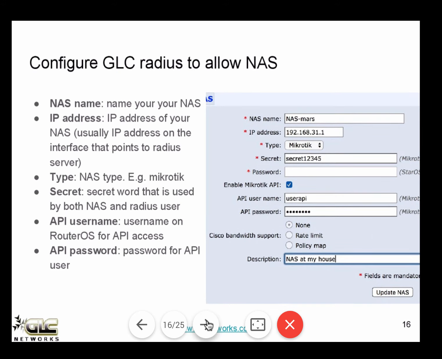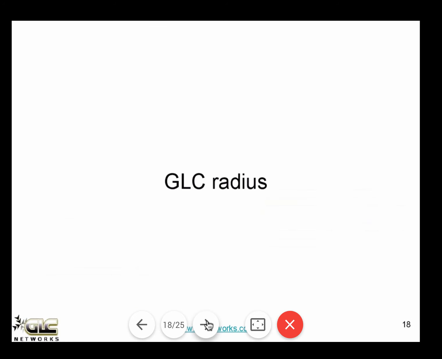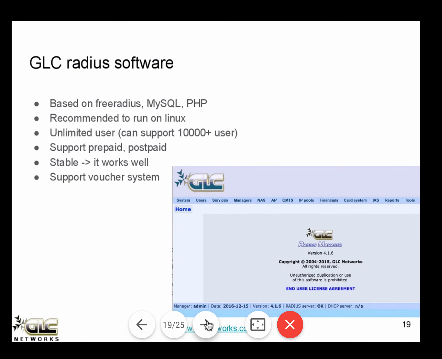So if you have 10 NAS, you need to register all of them. At this point, the Radius server and the NAS should be able to talk to each other. Now let's talk about the GLC Radius itself.